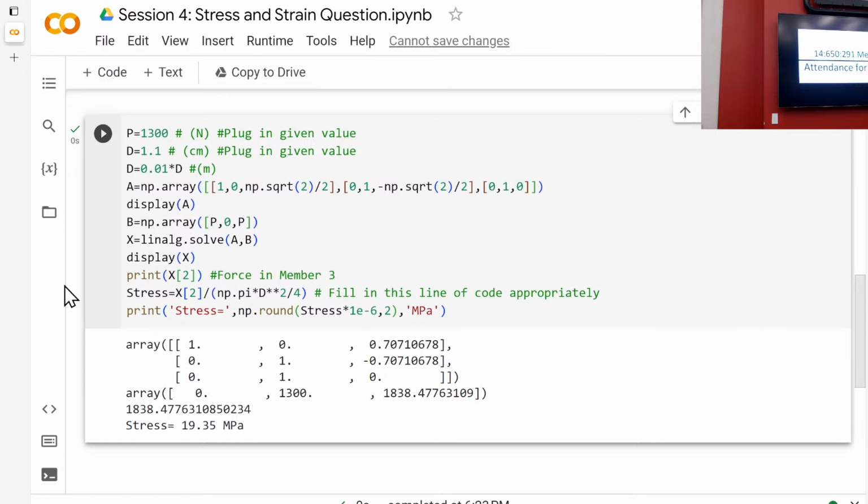Questions, yes? That is delta. Delta. Like delta. Okay, so it's for displacement, or deformation. So what you're saying is because you say delta, that's